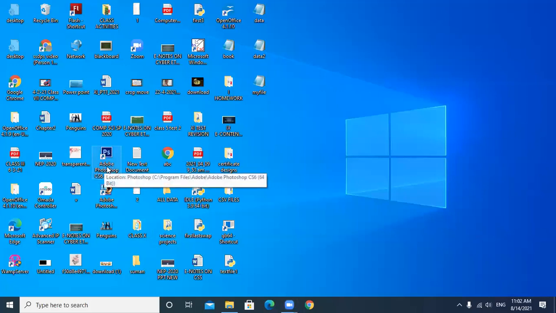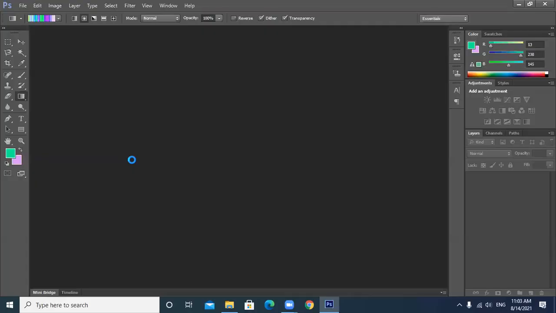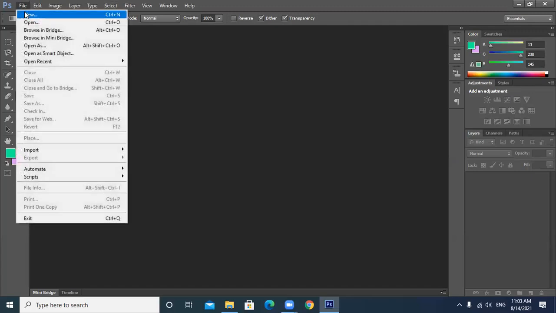So what is a brush tool? Brush tool basically comes under which category? Painting tool. Brush tool comes under painting tool, and it is used to create smooth strokes in your particular image. Of which color? Of a foreground color. With the help of the brush tool, we can draw. We can create smooth strokes given in foreground color on our image, and it comes under the painting tool. The shortcut key is B.